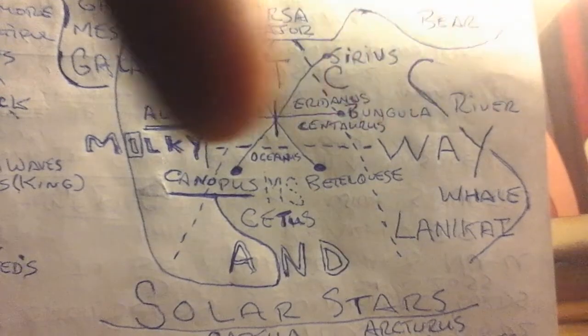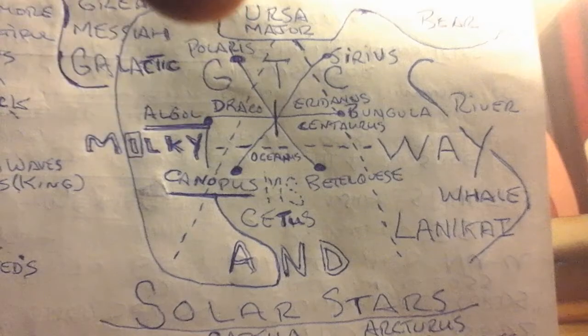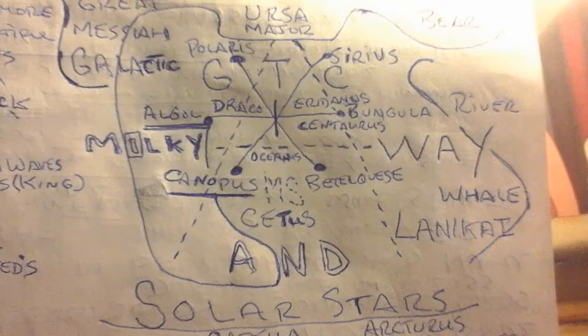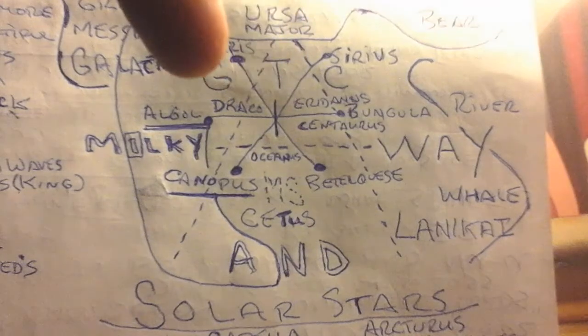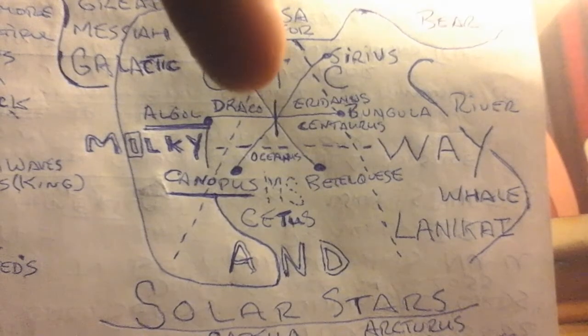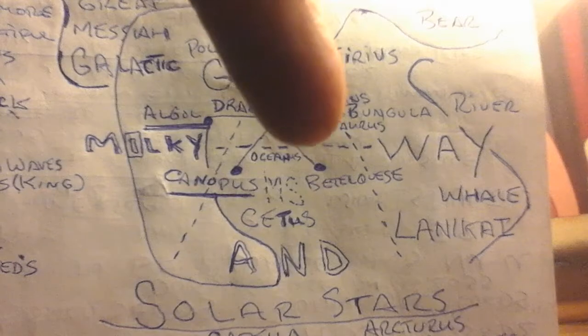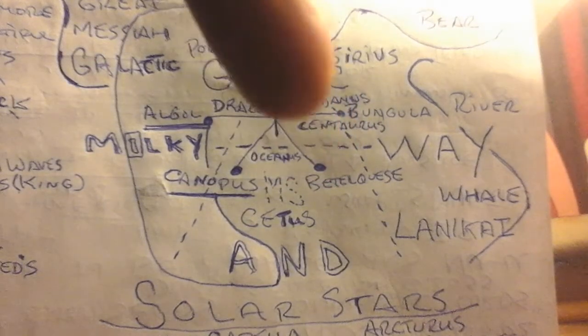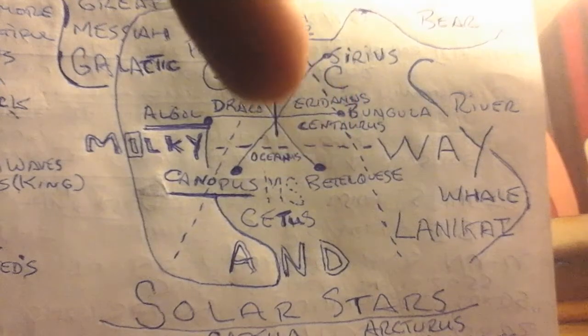We also have the opposition conjunction of Polaris and Betelgeuse. Polaris is the North Star, and this map more or less is a north-south, east-west concept, like our global pictures in our maps. Betelgeuse is to the south